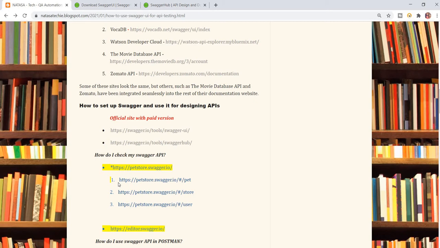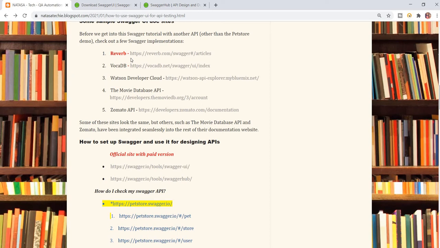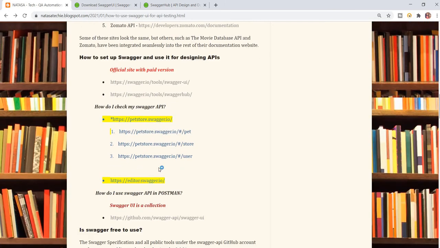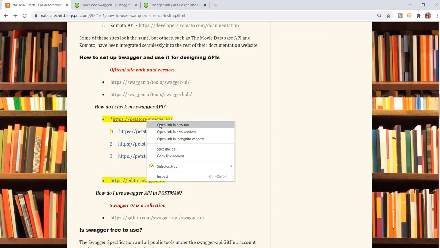This is very important because, as I showed you before regarding Reqres and MongoDB, in the same way the pet store, user store and store are all available, with different HTTP methods. When I open it, you will understand.